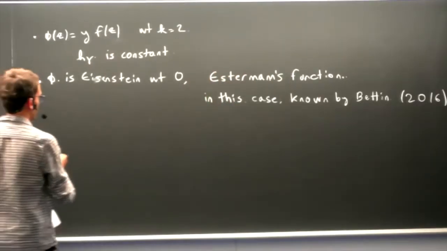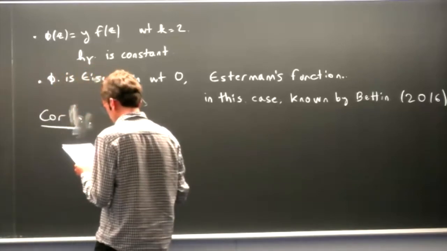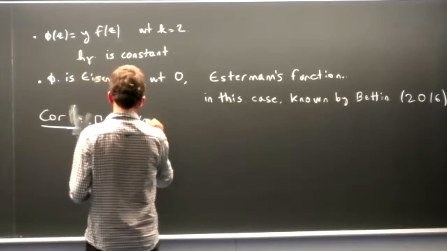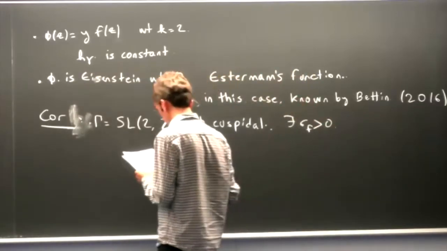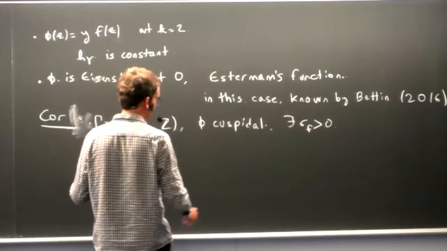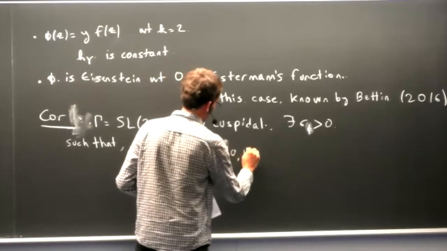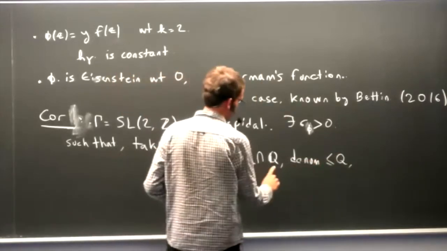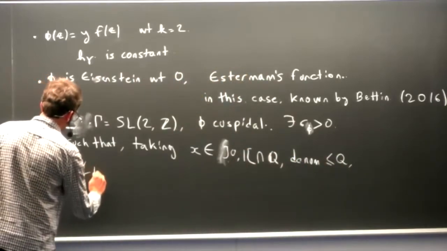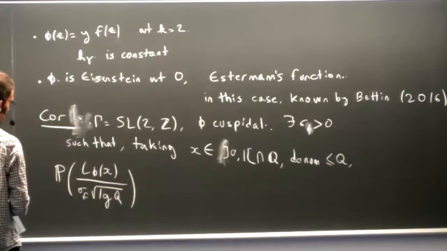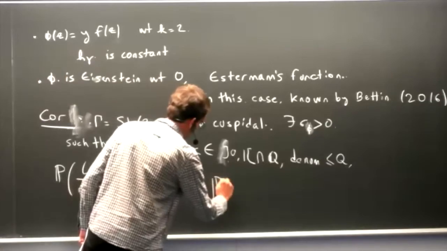So what is it good for, such a statement? I'll state one corollary. I'll only have time to speak about one of them. For this corollary, you take gamma to be the usual SL2(Z), and phi to be cuspidal. You can find a variance, standard deviation sigma_f, a positive number depending on phi, such that if you take a random rational among all the rationals in [0,1] of denominator at most Q, so this is a rational, but Q is a bound on denominators, which we're going to let tend to infinity, then the probability that the value taken by L phi, suitably normalized, ends up in any pre-given domain in C will converge to the probability that a Gaussian